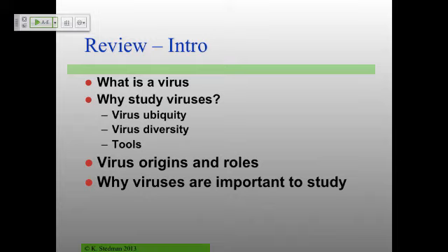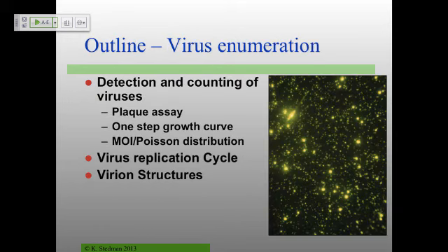What are we going to talk about today? We'll talk about really detection and counting of viruses. We talked about the ridiculous number of viruses we have here on this figure. All these little dots represent virions, or at least virion-like particles. Today we'll talk about the plaque assay. I actually brought a few plaques, plaque assays, things that I've done in my lab. If I can do them, anybody can do them. And then look at how that actually works.